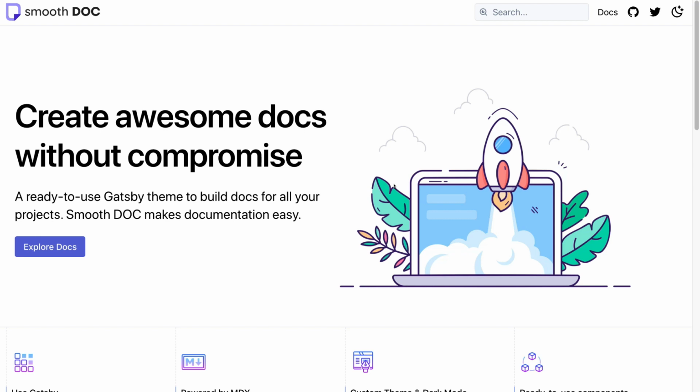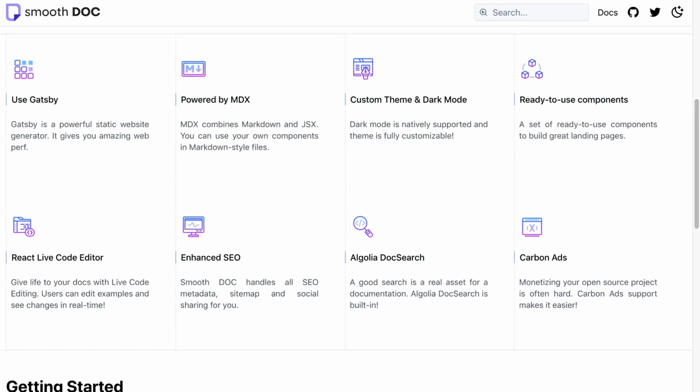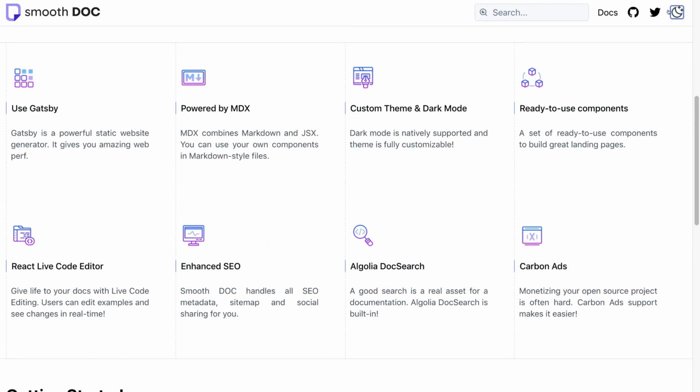So one such template is SmoothDoc. It is built on Gatsby. You may know Gatsby. It is a React framework, and it supports different things. One of the best advantages of Gatsby is that it supports MDX. MDX is a markdown format, so if you don't want to write code, or if you are not that familiar with code, you just have to use a defined format to write some code, and other things you can directly write in markdown format, just as you write the GitHub readme documentation. And it supports light and dark theme.